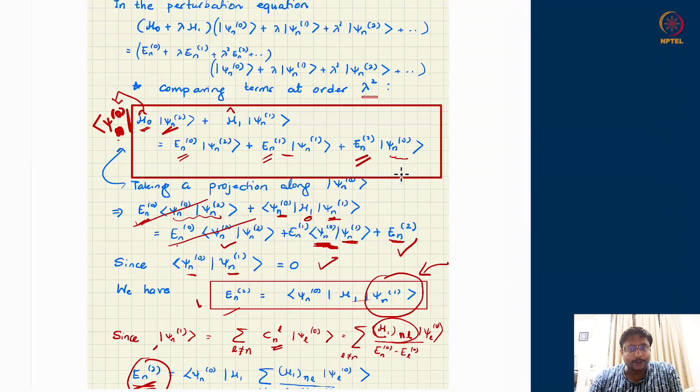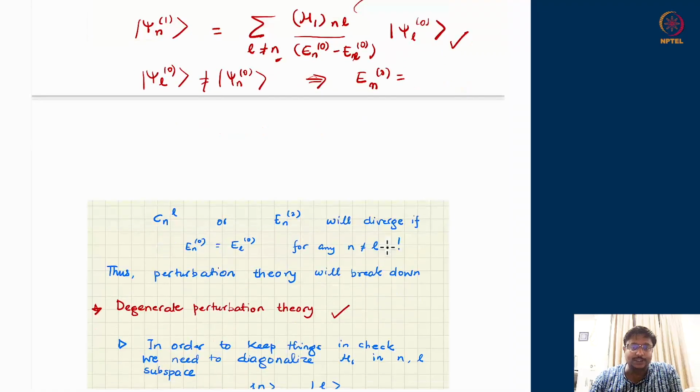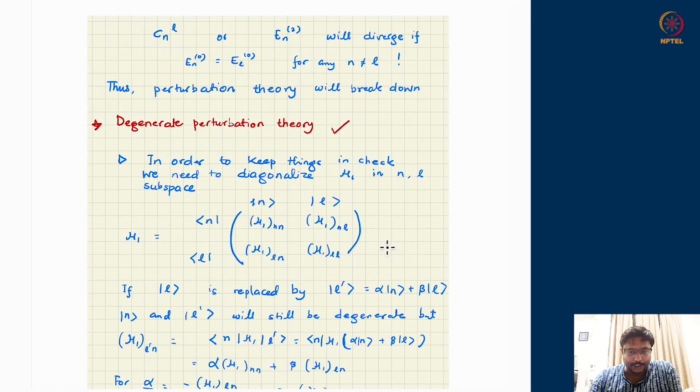If I go back to the genesis of how we computed the En2 and whatnot, En2 was made up from psi N1, and psi N1 involved this H1 NL. If H1 NL is 0, then psi N1 will also become 0, at least for those subsectors. So the idea is that we will not panic just on seeing the degenerate states. We will first check and see if H1 NL is 0 or not for those states which are degenerate. So I will take state N and state L, which have the same energy corresponding to H0.